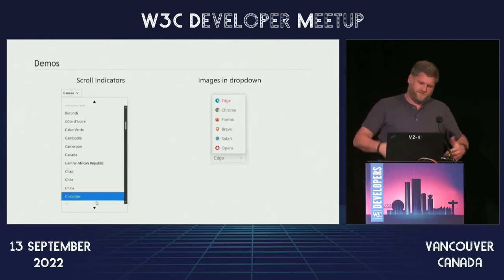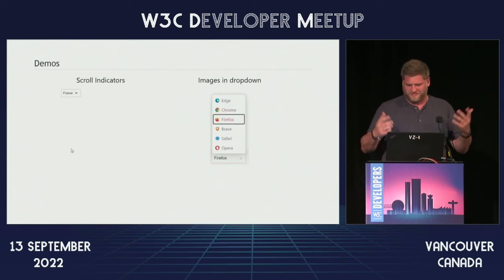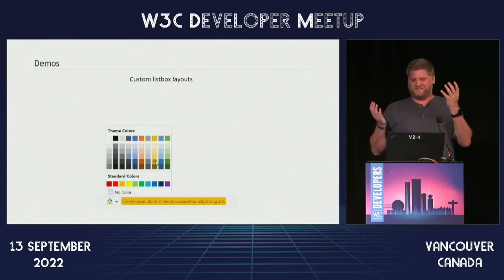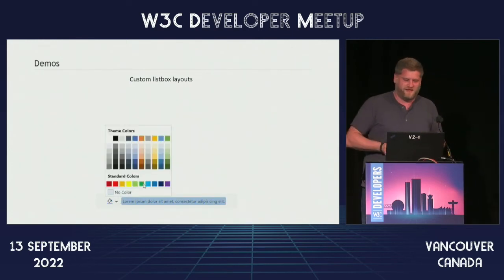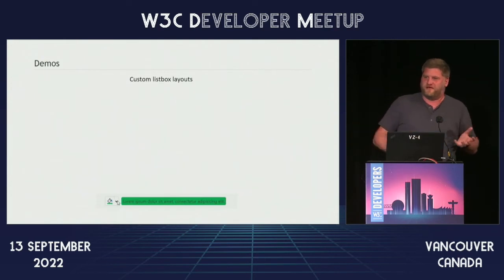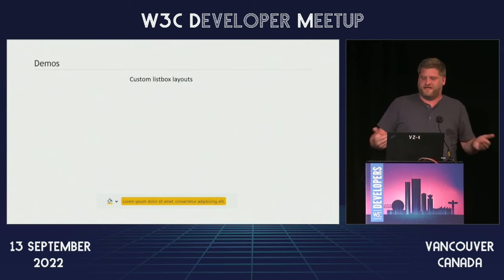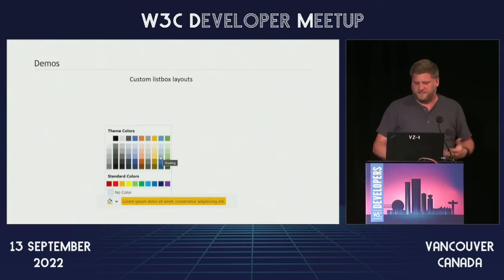Oh, now they're going to go. So there you go. All right. And these are similar. This is just showing me primarily. But I love this one because it's so flipping complex. But again, the model is inherently the same. We wouldn't necessarily recommend this because we do have a semantic input type color, but it just shows the flexibility, because it's inherently still just a model of: I have a pop-up, I have a bunch of options, I can select them, fully keyboard accessible, all that other wonderful stuff.